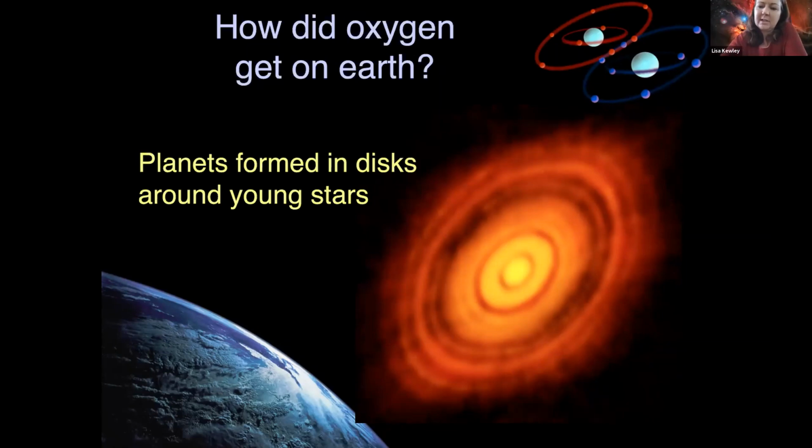Now, because there's all this gas and dust in the disk, because of gravity, the dust and the gas start colliding together and forming clumps. And then as that clump moves around, it basically carves out a path in the disk. It carves out a hole. And you can see here there are rings. Where it's black, that's because a planet has carved out a hole in the ring. And it basically just accumulates more and more gas and dust from the very early star, which we call a protostar.